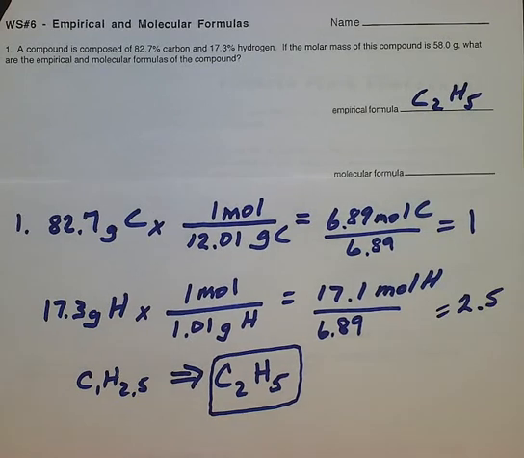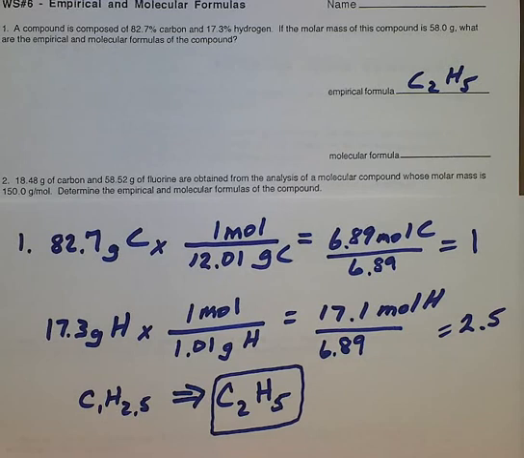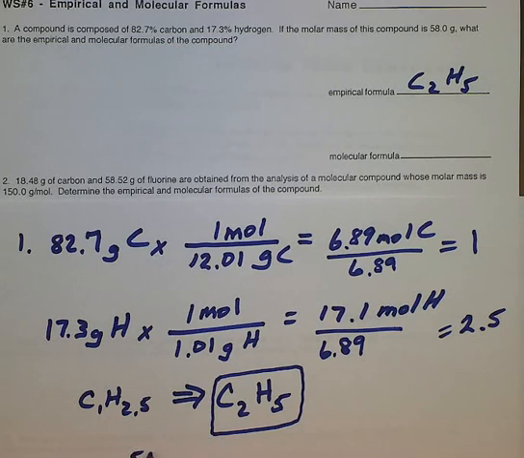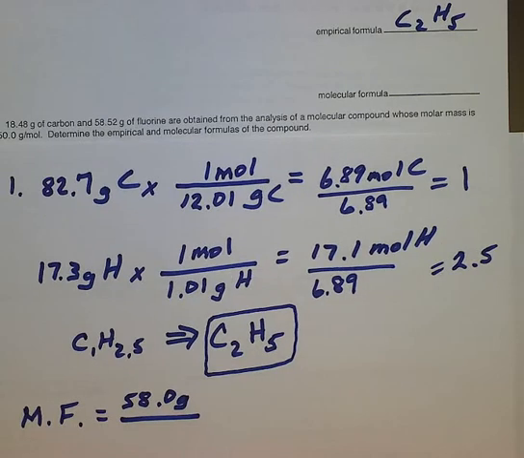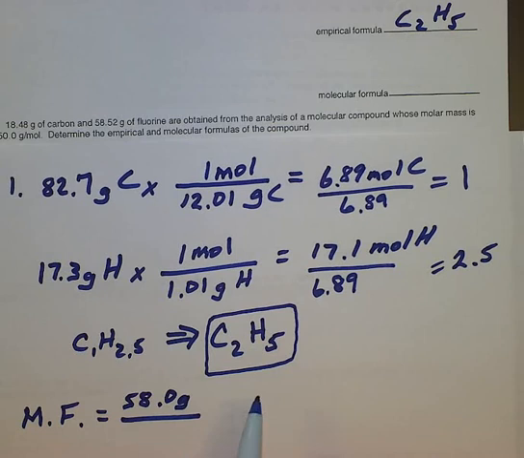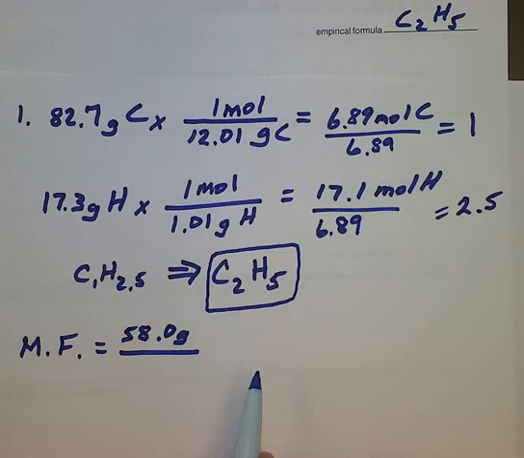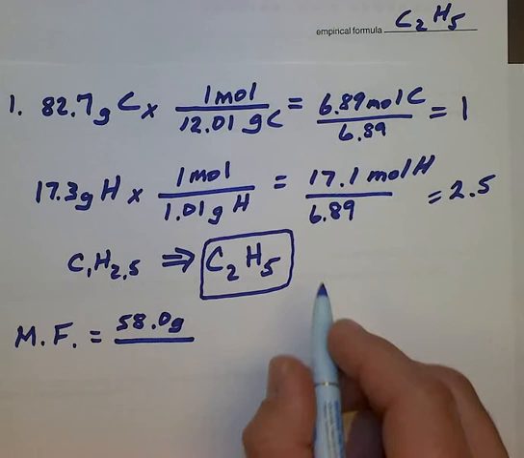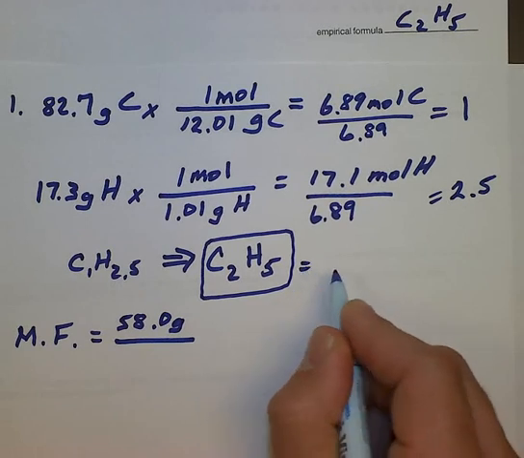Now the molecular formula is found by taking the given molar mass. So I'm given the molar mass of the molecular formula is 58.0 grams, and you will always be given that number because you have to be. And we're going to divide that by the molar mass of C2H5, the molar mass of your empirical formula. So the molar mass of C2H5 is